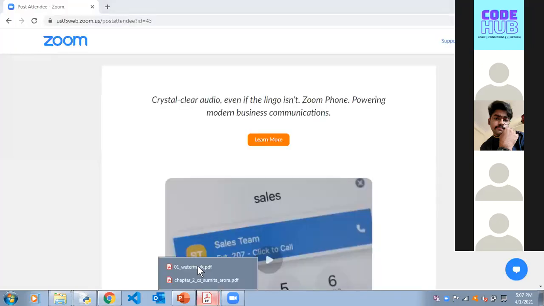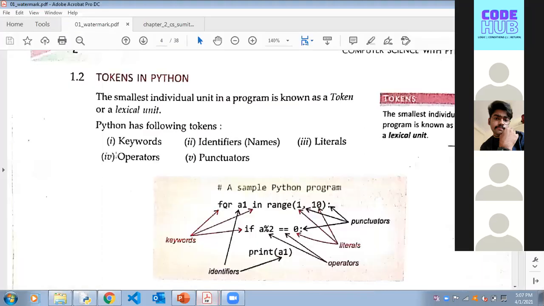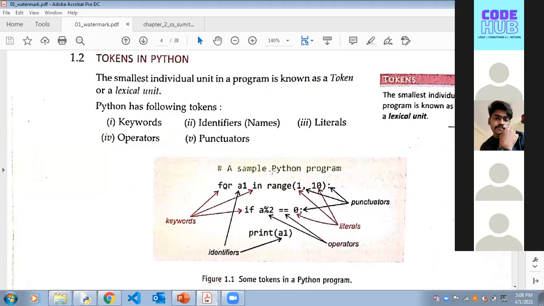Now we'll get back to this. So you have keywords, operators, a small program in Python. This is a Python program. You have for loops. You must be knowing this. You don't have to know how to write a for loop in Python for now, but just go through it. I'll tell you what refers to which of them mentioned over here. Keyword means you can't.